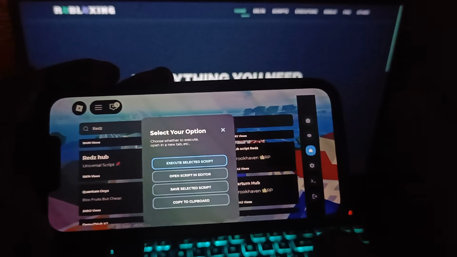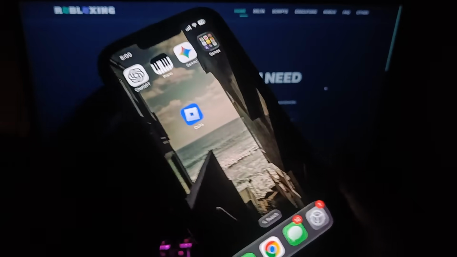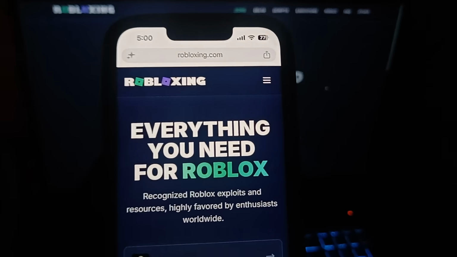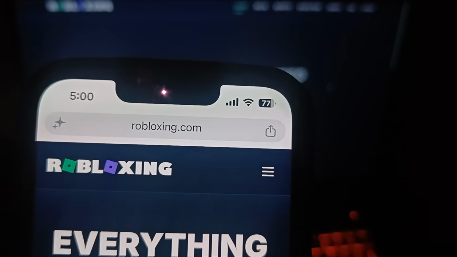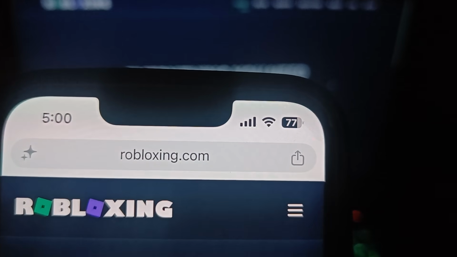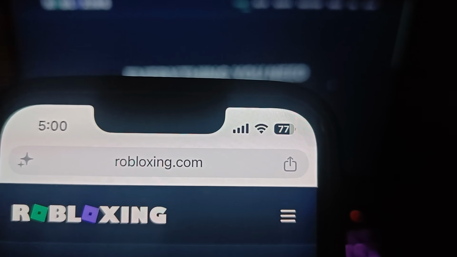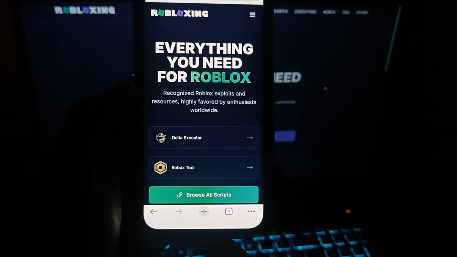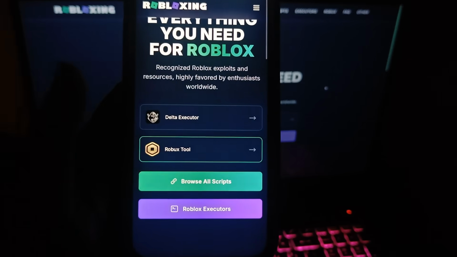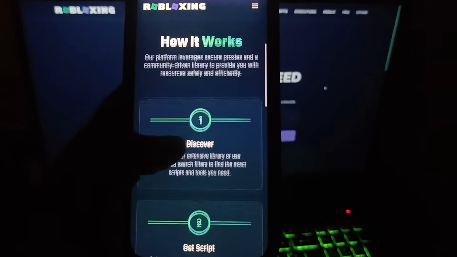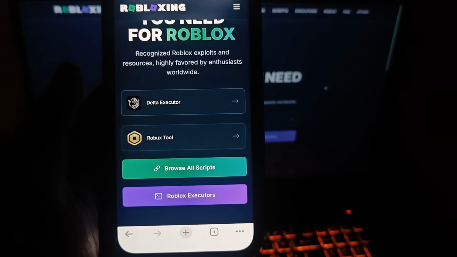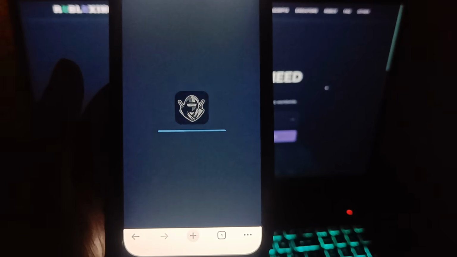So what you need to do is very simple. Just go to your web browser, and over the web browser you need to go to the Robloxing. So guys, make sure you enter the right place, that's the robloxing.com. And over here you are gonna see the options for Delta, Roblox scripts, and other executors. Tap on the top one, which is Delta Executor, and you're gonna see the page like this one here